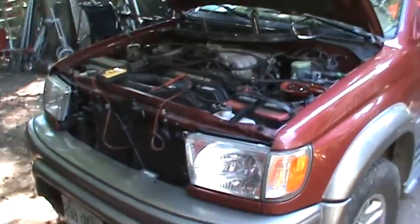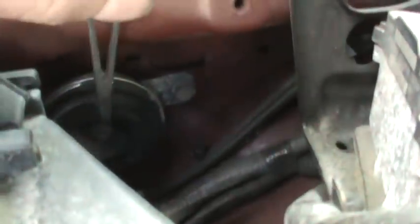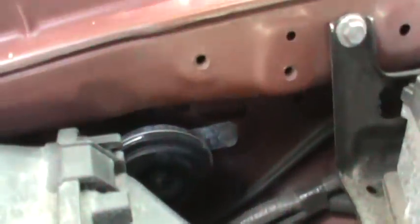I do have all the horns disconnected. And now this is what I was talking about. It's got 2 horns in the front that are the regular horns. And then there was one over here on the firewall. So I thought this one was for the alarm by itself, but it's not. And it's kind of funny because